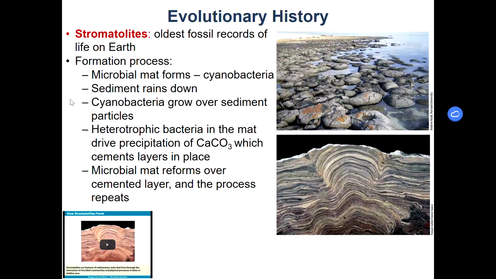And so if you cut these stromatolites, if you take a cross section, it's almost like looking at the rings on a tree. So you could see the evolutionary history. The further down you go, the lower into the ground the microbial mat is, the older it is. The further on the top it is, the newer it is.